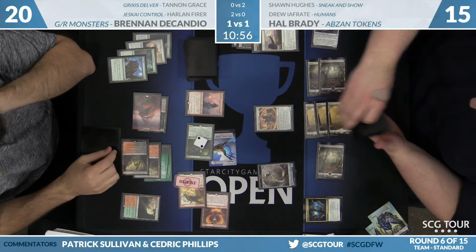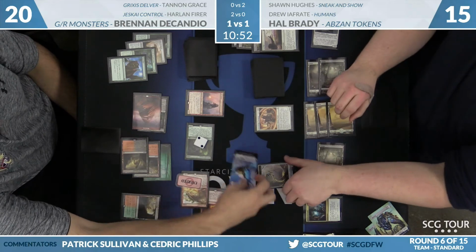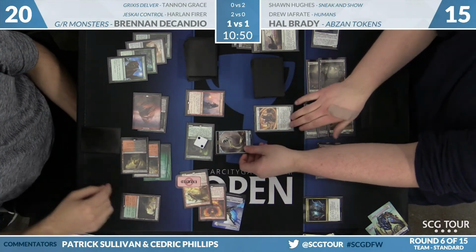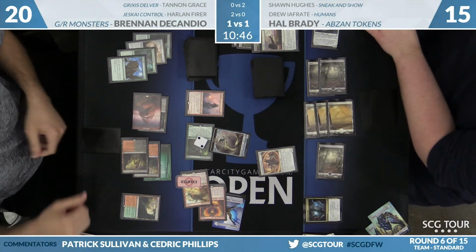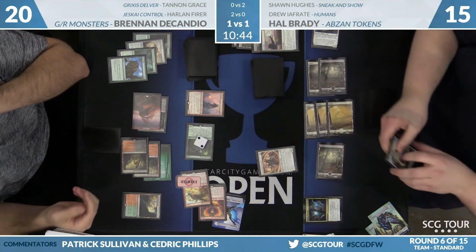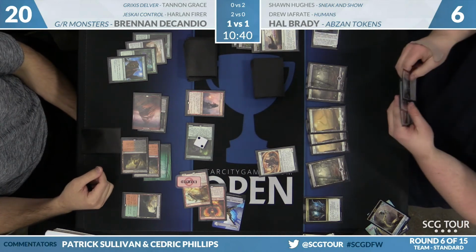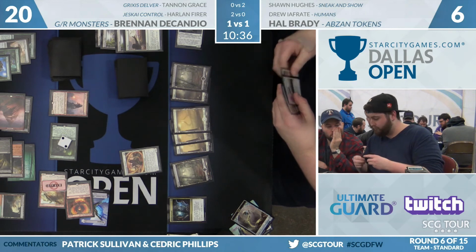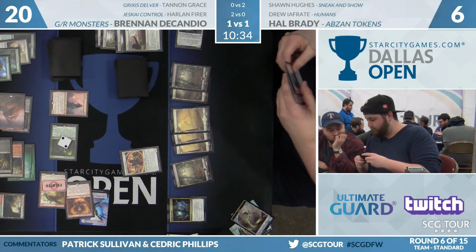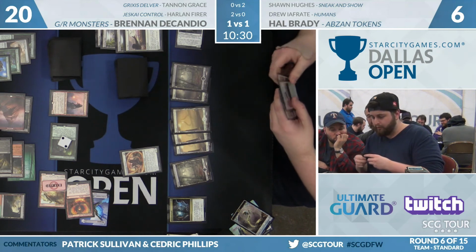All right, top card goes to the bottom. See what kind of blocks Brady wants to make here. Just going to chump block the servo. That's 4, 8, 9 in the air. Okay. Down to 6. Draw. Evolving Wilds. 1, 2, 3, 4, 5, 6 life would be gained. Potentially only 5, depending on if DeCandio sacrifices a Thopter in response to